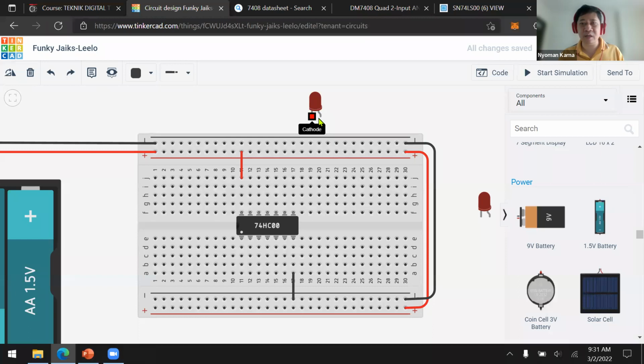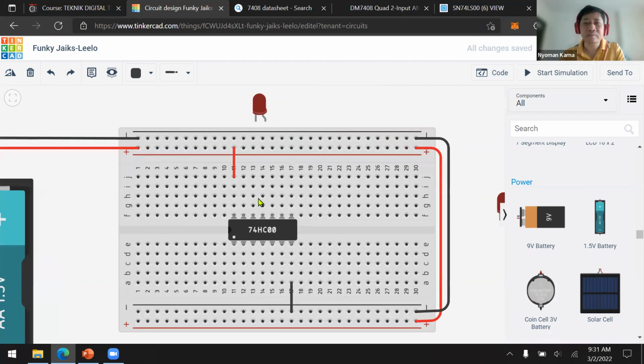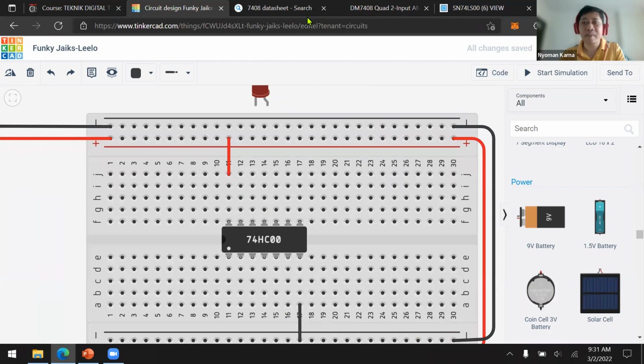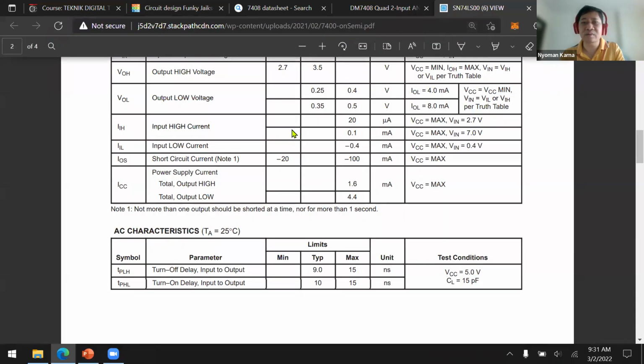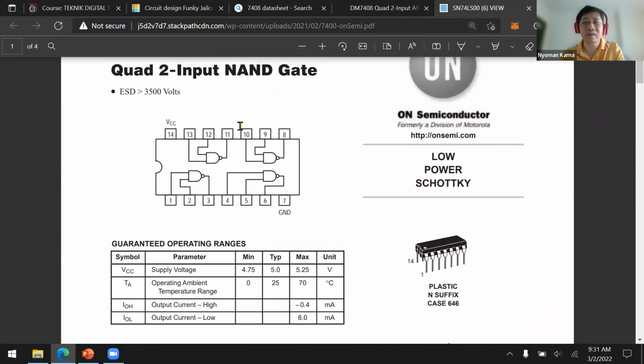This one is the cathode, and this one is the anode. This is the 7400.